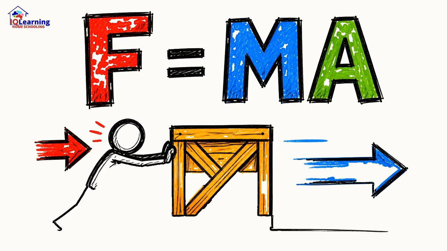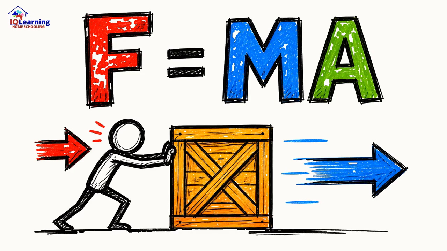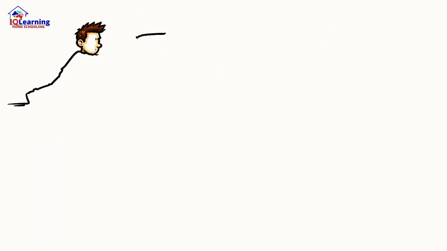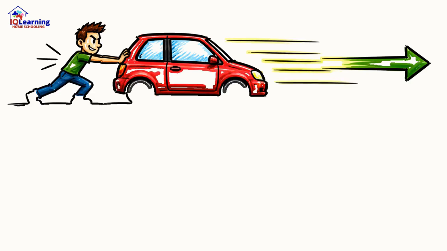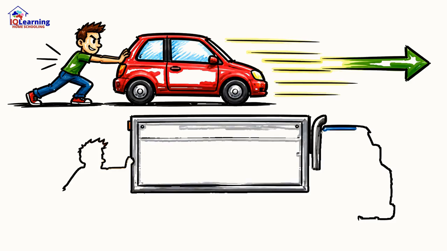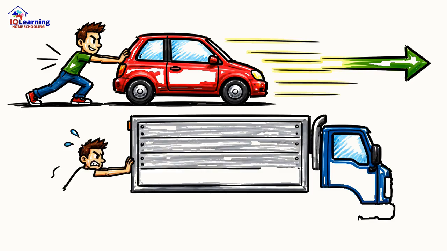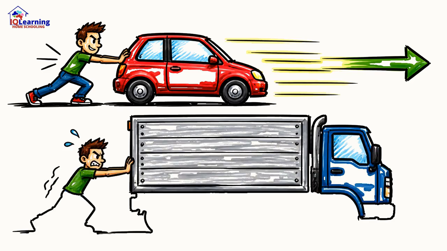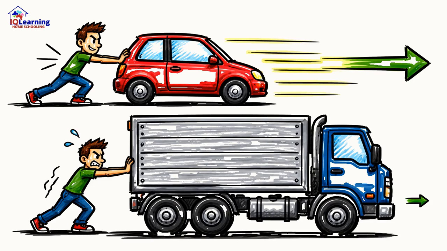The logic is intuitive. Push an object with more force and its acceleration doubles. That's direct proportionality. But what if the object is heavier? If you apply the same push to a small hatchback versus a massive truck, the car will zip forward while the truck barely moves. That's inverse proportionality. More mass means less acceleration for the same force. In essence, mass is an object's stubborn resistance to having its motion changed.